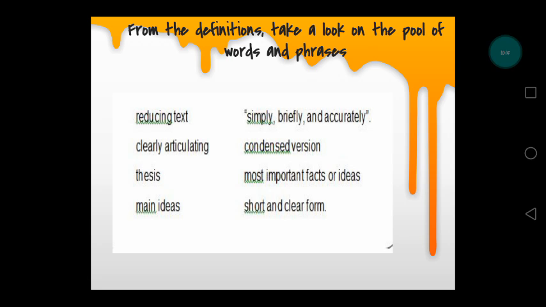So these are the words: reducing text, clearly articulating, thesis, main ideas, simply, briefly, and accurately, condensed version, most important facts or ideas, and then short and clear form. Okay, so those are the words that you can use for summarizing, or way para makatulong sa'yo paano ka